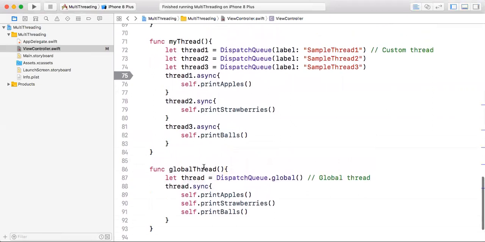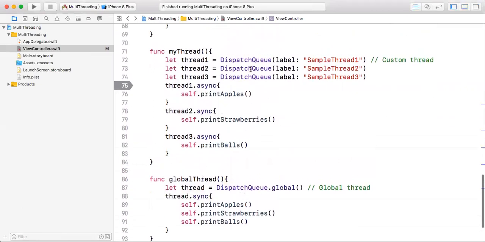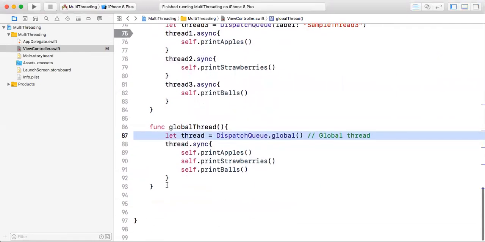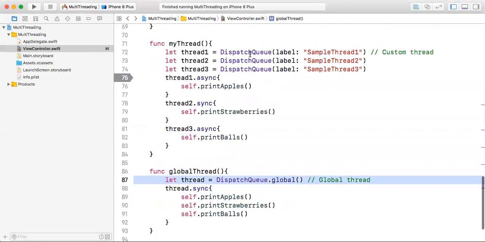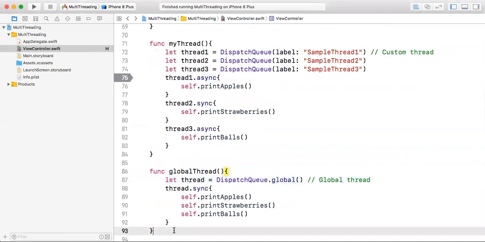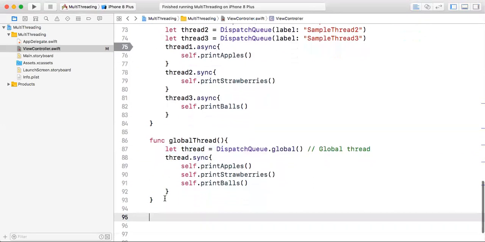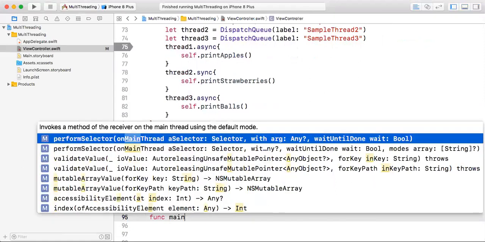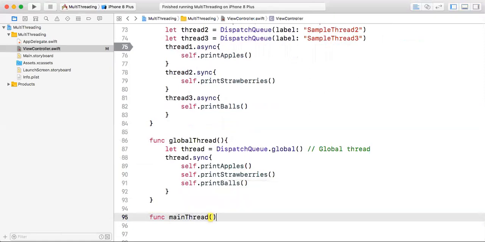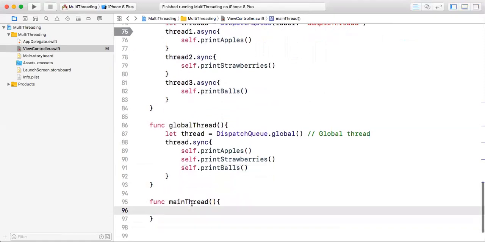Now here there is one more thread available, the dispatch queue. Here I am creating my own thread. Here I am creating a global thread. If I want to create a main thread, I don't want to give a synchronous operation always. I don't want to create a thread and then make it asynchronous. I don't want to create a global and make it asynchronous. I want to create one default main thread. How can I create a default main thread? The dispatch queue,